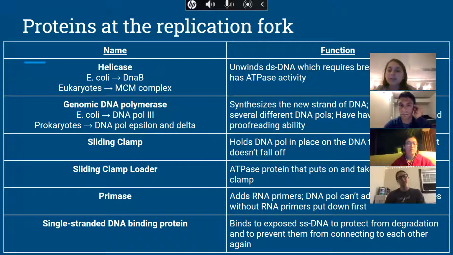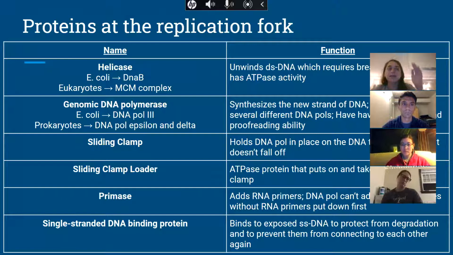Eukaryotes have several different DNA polymerases. I don't think you need to know any ones other than genomic DNA polymerase, because that's the important one for the course of this class. But something you should know is that DNA polymerase 3 and all of its sister polymerases have a very accurate proofreading ability. So if they catch that they're putting in the wrong base pair, say it put an A with a C, it's able to go back and fix that before it moves on,